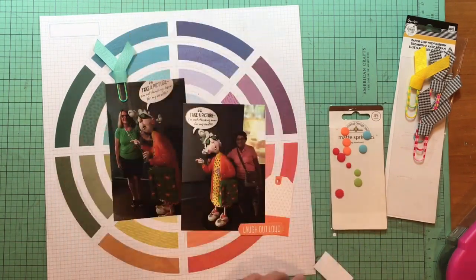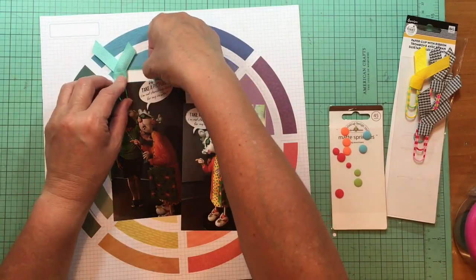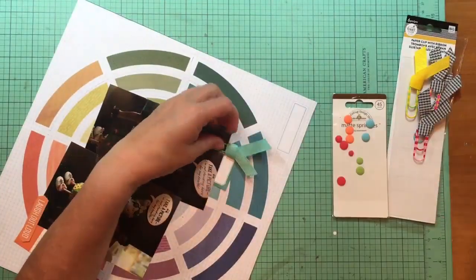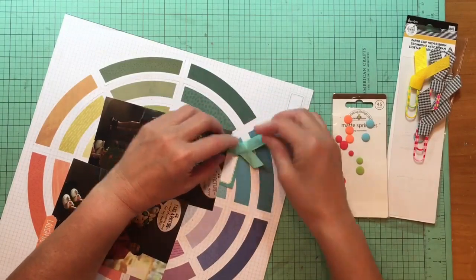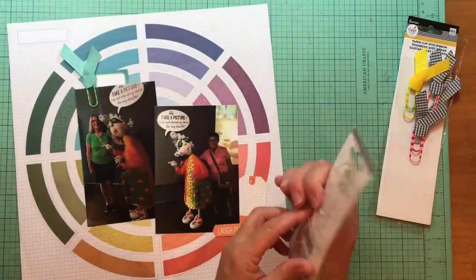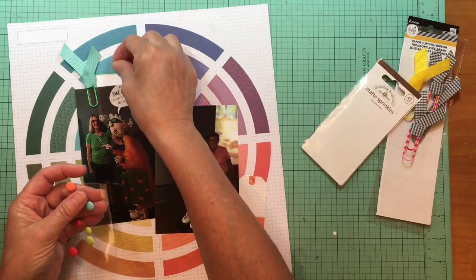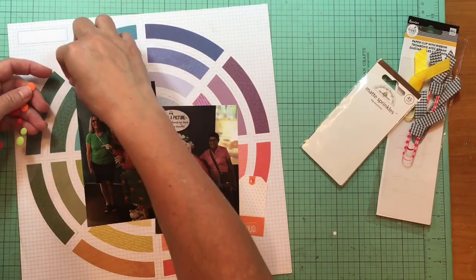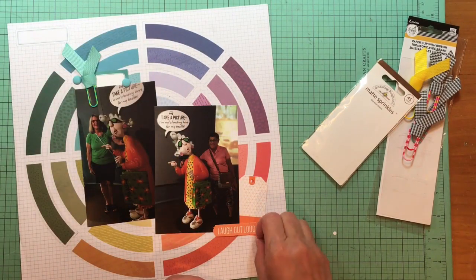Not that the photos aren't the focus here, but right now I have a diagonal going in the embellishment. So top left of the photo there, down to the bottom right. There is also a label in the top right that I'm planning to put my title on. And now I'm using these